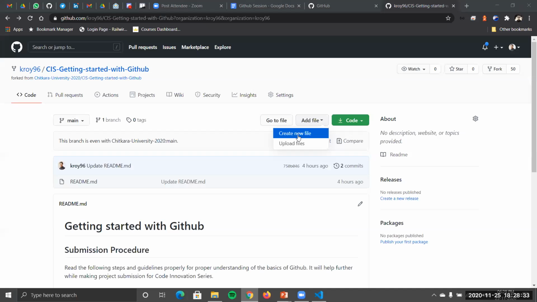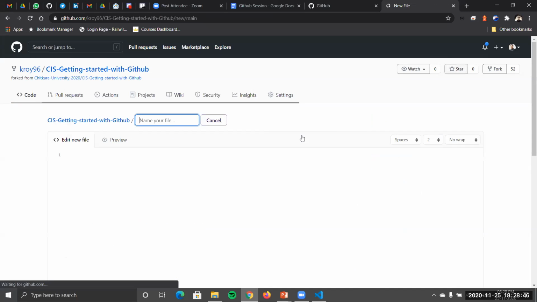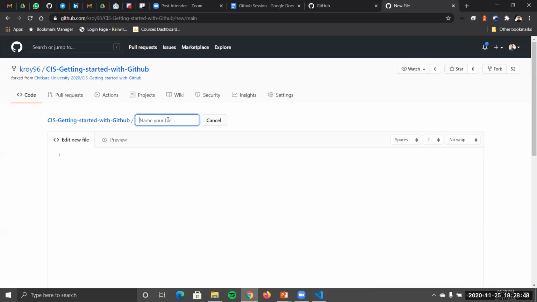Yeah, so once you get over here onto this screen wherein you have the username and "forked from Chitkara University" written, go to add file, click on create new file, add in your name as the folder name. So just type in your name, then slash. So it creates a folder automatically, as you can see,